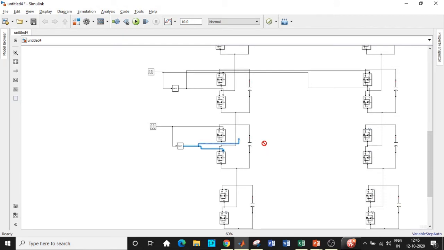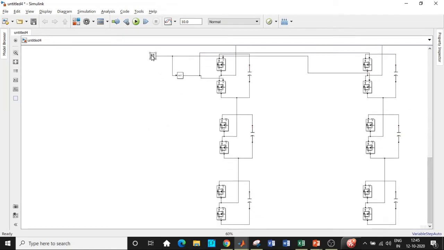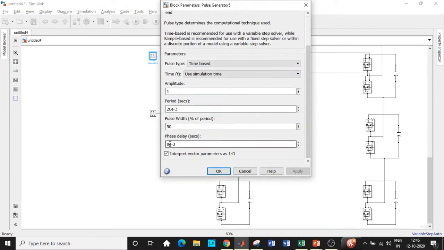Again, from this point, I'll be taking the tapping, giving it to the upper leg of the switch, and from the lower leg, I'll be taking and giving it to this point. You can take, drag and drop at this point and then connect it to this, or you can directly connect at that point. Again, we'll be requiring a pulse generator block and I'll be giving it to this particular region, and I'll be using a NOT gate. Double click on this. Let us double check if this value is changed to 8.